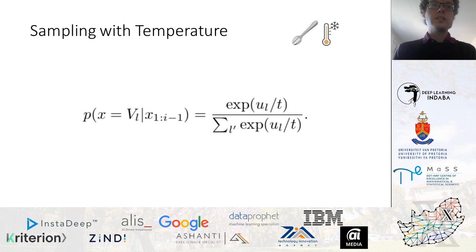To overcome the weaknesses of generation by pure sampling, a number of modified sampling-based methods have been proposed. The first is sampling with temperature, which modifies the shape of the probability distribution by dividing the logits by a constant before applying the output softmax function. In our case, the temperature is set to give more weight to higher probability words and less weight to lower probability words, that is, to make the distribution more peaked.